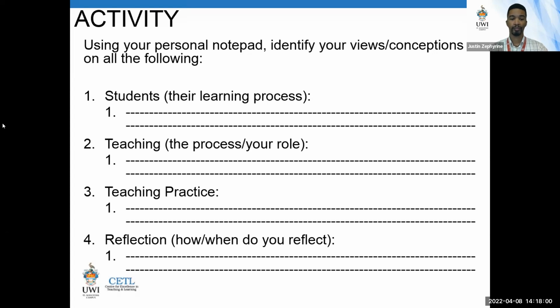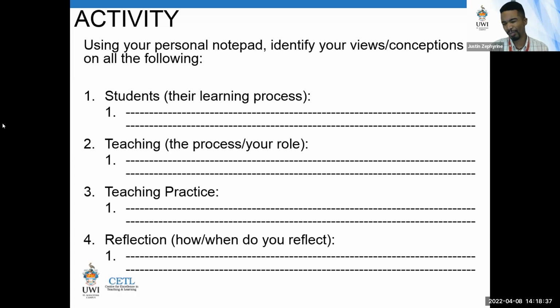Yeah. And then of course, how does that inform your teaching practice? Is it something that, okay, you want to make as much information available to students as possible? Or are you much more concerned about the students' well-being beyond the context of your course? So it's not just about the student passing your course, but you think it's beyond that. And then of course, when do you take time to reflect? Is it right after a session, after a semester, that sort of thing?